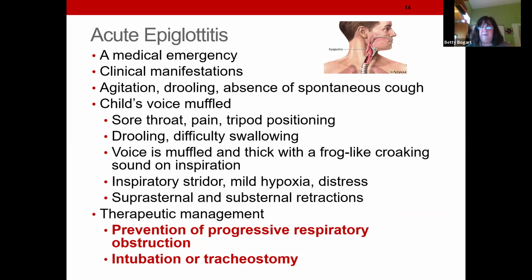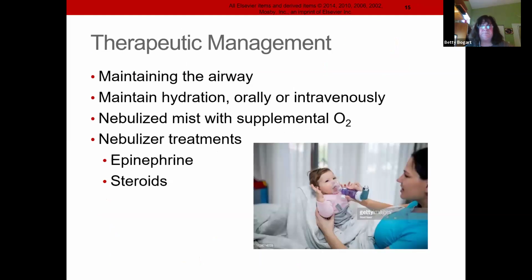What is our job with this? Well, number one, try to calm that child down. They want to sit on mom's lap. They don't want to get on the stretcher. They want to sit in a chair. I don't care where they go, as long as I hook them up to the monitor and then we'll start our treatment. And one of the things I'll be yelling for my care assistant, please go get me an endotracheal tube tray and get me a tracheostomy tray. Right now at bedside, there could be an emergency intubation or tracheostomy done there.